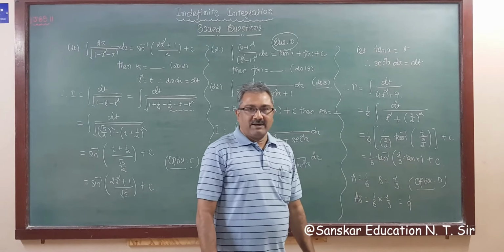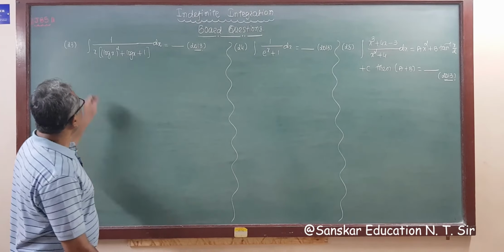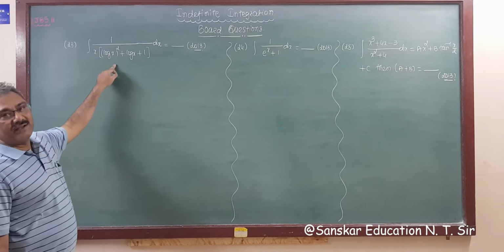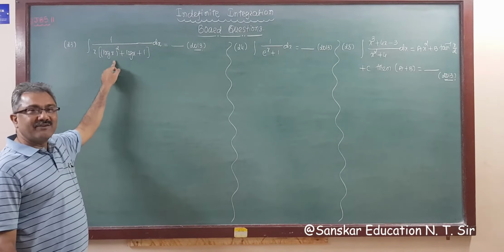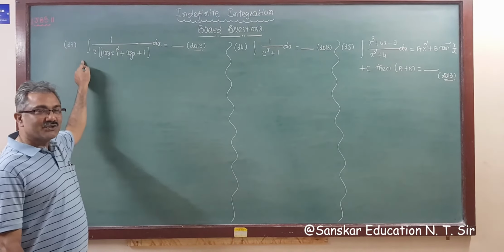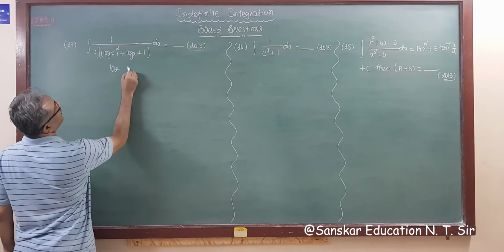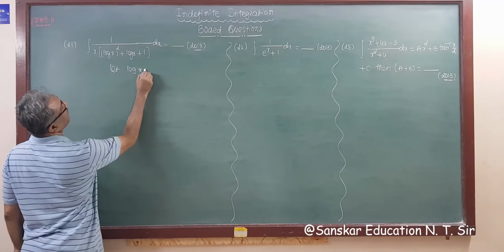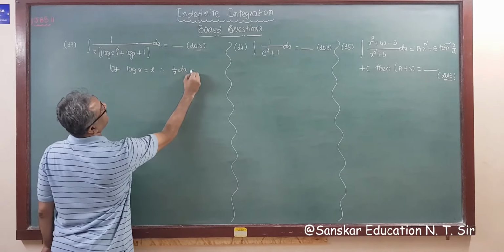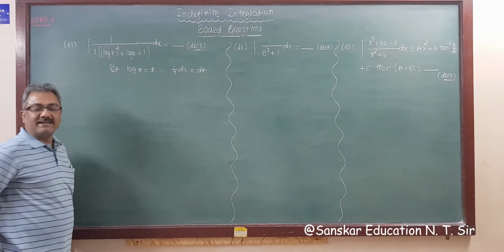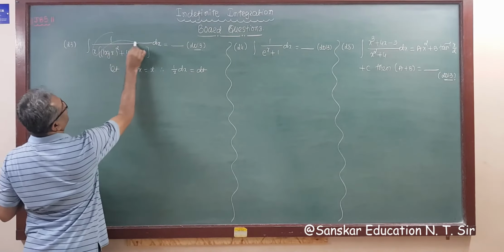Okay. Question number 23 from 2013 board questions. So log x, we need 1 upon x. Log x is given. So assuming log x is equal to t, derivative of log x is 1 upon x, which is here. So everything is okay for us, right? So assuming let log x is equal to t, derivative is 1 upon x dx is dt, right? Now substitute this 1 upon x dx.